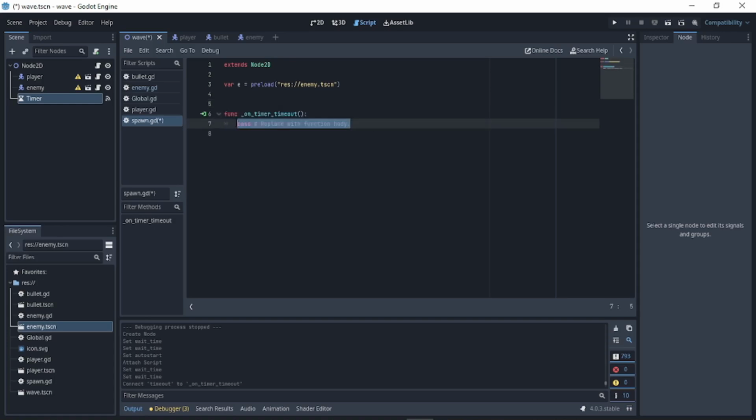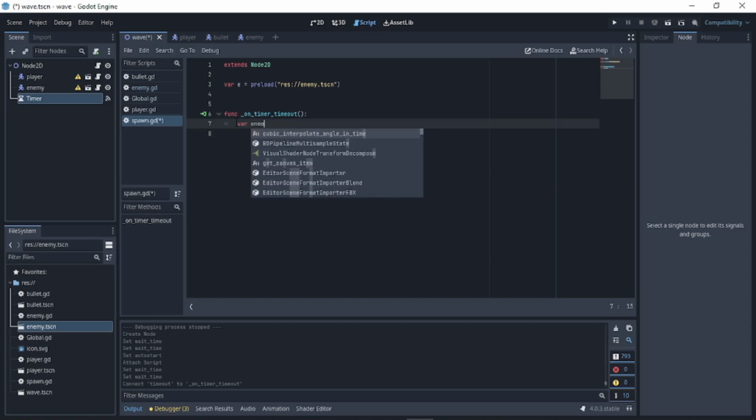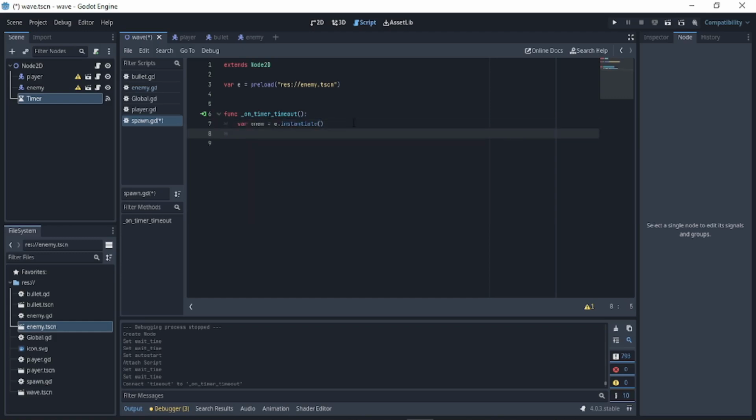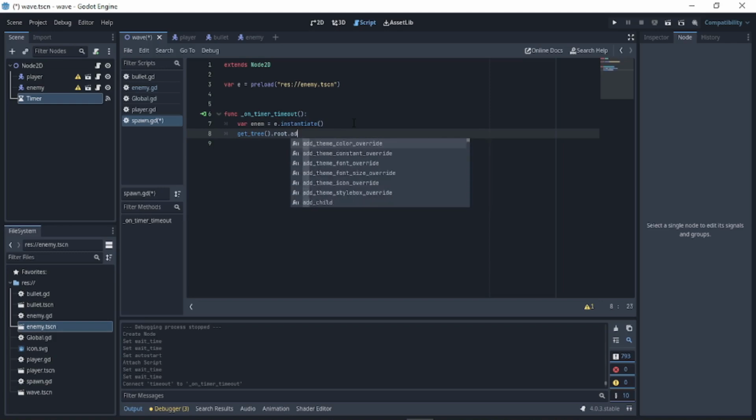So now we have to make the actual enemy. So write var nm is equal to e.instantiate. What this does is that it turns this path into an actual instance that we can put in our scene. So add underscore child. We're gonna write get underscore tree dot root dot add underscore child